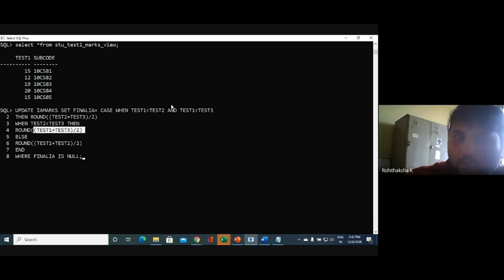Now assume that this is false, that is test 1 is greater than test 2, and this is also false, that is test 2 is less than test 3. Now what happens? Test 1 plus test 2 divided by 2. The round function means we are rounding: if there is any fractional part, it is rounded to the nearest value. So that's why we are using the round function, round to test 1 plus test 3, else round to test 1